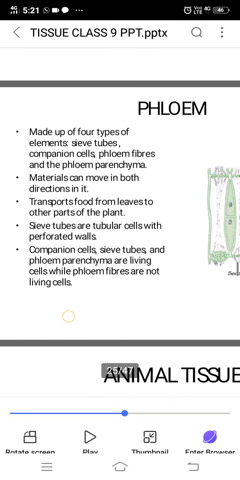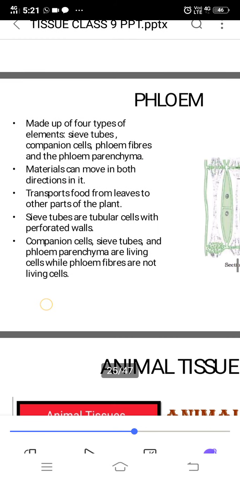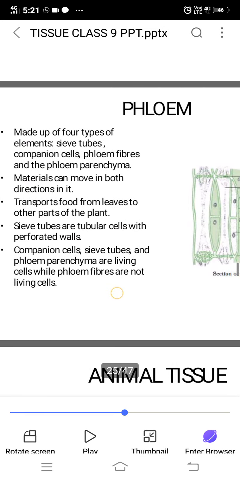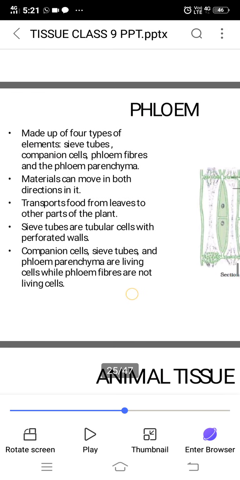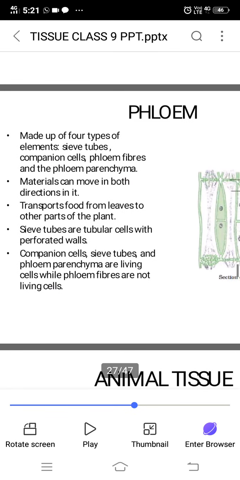Sieve tubes are tubular cells with perforated walls. Tubular cell perforated means having pores in it. Companion cells, sieve tubes and phloem parenchyma are living cells. Out of the four, sieve tubes, companion cells and phloem parenchyma, all these three are living cells, while phloem fibers